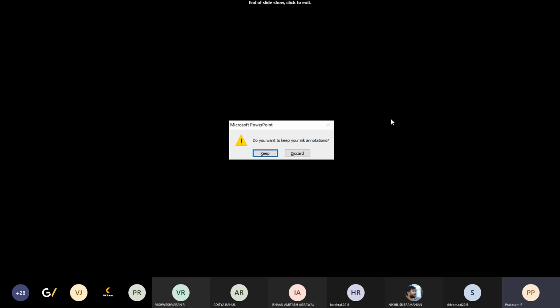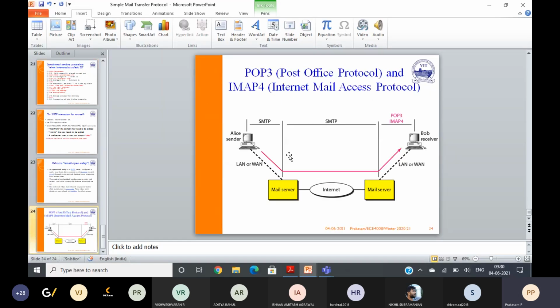So we have seen how we can send an email using SMTP if both the server and the user are on the same system. It uses only two user agents. If it is a different system, like gmail.com, then we need multiple user agents to transmit or send an email from the sender to the receiver using SMTP.